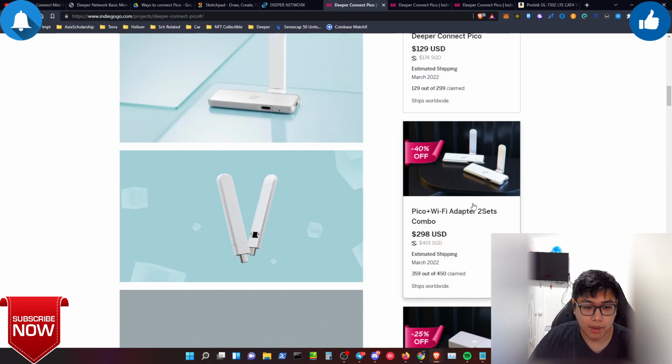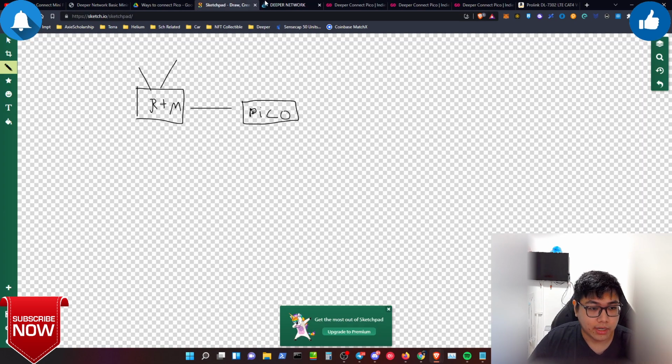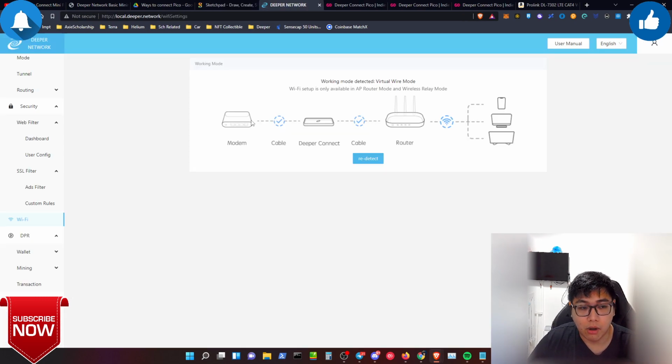Basically, I have tried with my mini. From what you understand from my device itself, my router, the repeater, is connected to the DeeperConnect mini, and from there, connected to my switch. So I've tried to plug the Wi-Fi adapter into my mini itself, and unfortunately it did not work, because it is not really broadcasting any SSID, it's not on the repeater mode, because this device itself understands